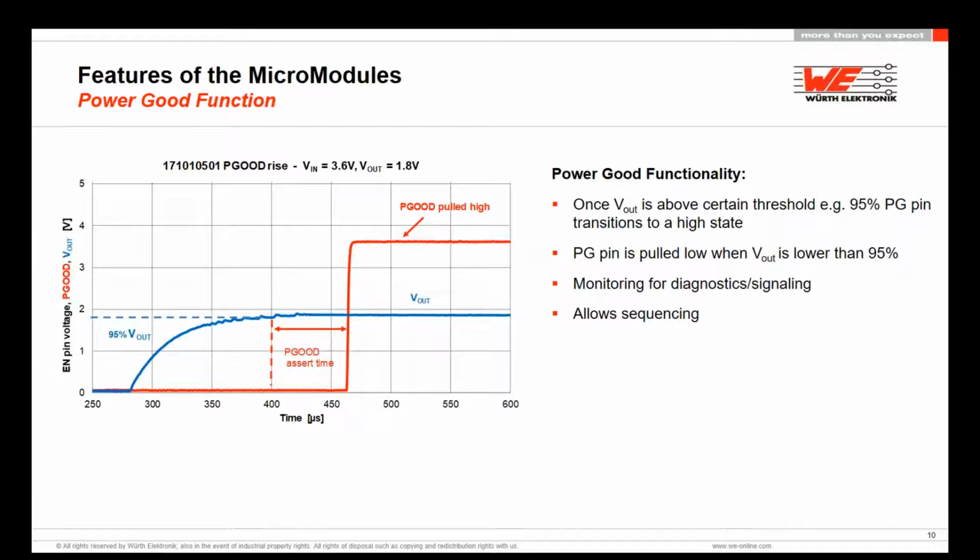Second, the power good function. Once the output voltage is above 95% of the internal reference voltage, the power good pin transitions from low to a high impedance state. If the output voltage is lower than 95% or higher than 105% of the internal reference voltage, the power good pin is put low. This behavior can be used for sequencing. And this leads us to the third feature,